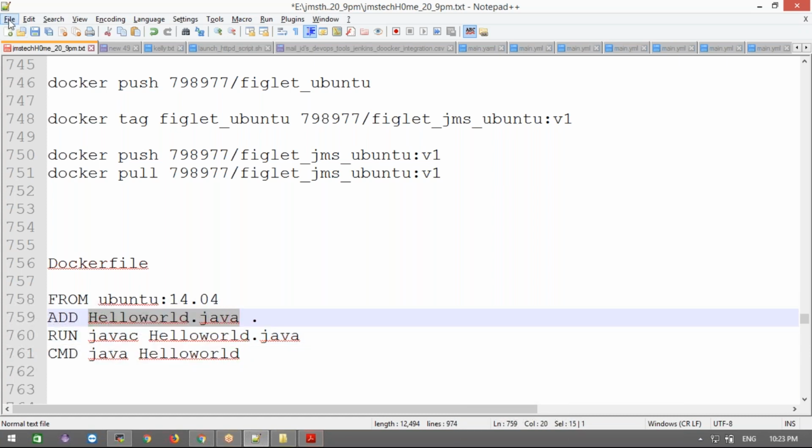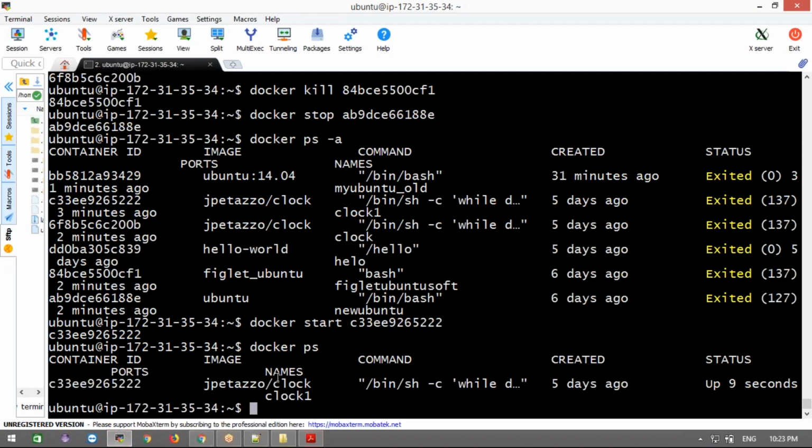Now create a file here. In the Linux machine, I'm going to write some Java code here. And guys, no worries about this coding. I'm just taking it as an example, because we don't have any developers, right? I'm making myself the developer. If you want, you can take the code from my GitHub. And even if you don't want to take it from my GitHub, I'm going to show you where we need to take this code from.